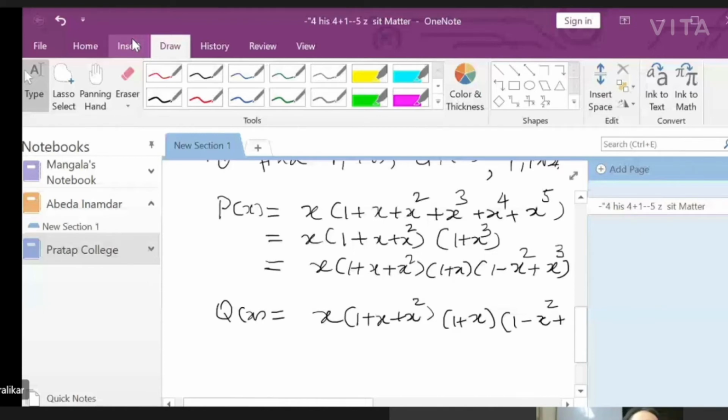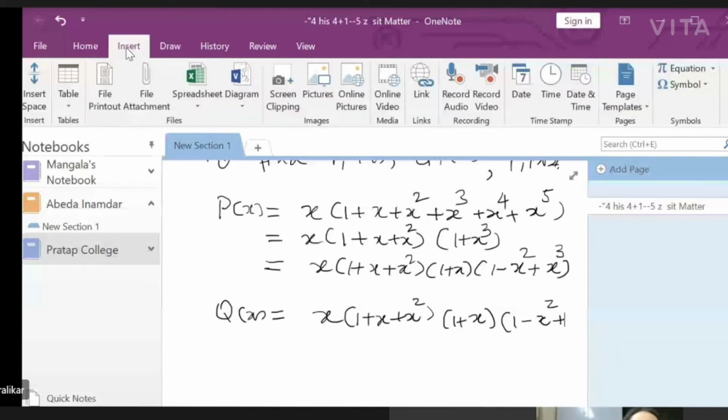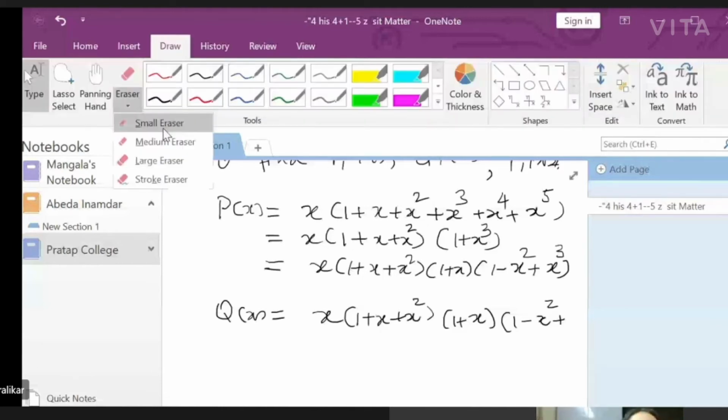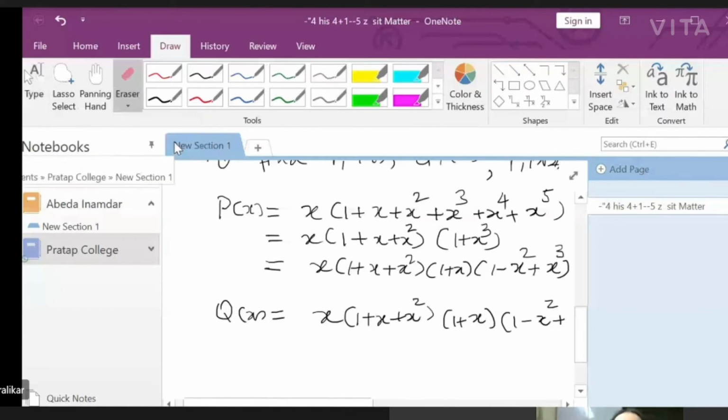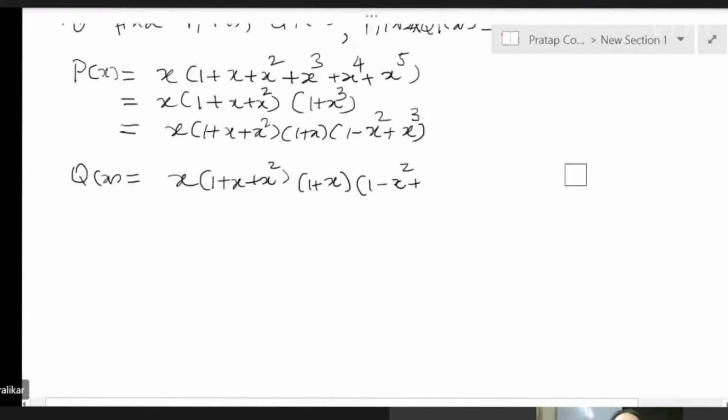Yes, I will get my eraser. Size A, not insert, I'm sorry. I want the eraser. This is the one. Yes, medium eraser. I'm sorry, I'm going to now use the eraser and correct myself. This is where I want to correct. My pen, yes. Got it? See, I'm learning these things. Nice, isn't it?